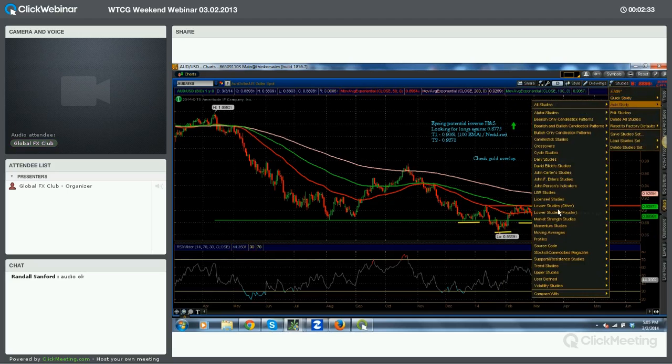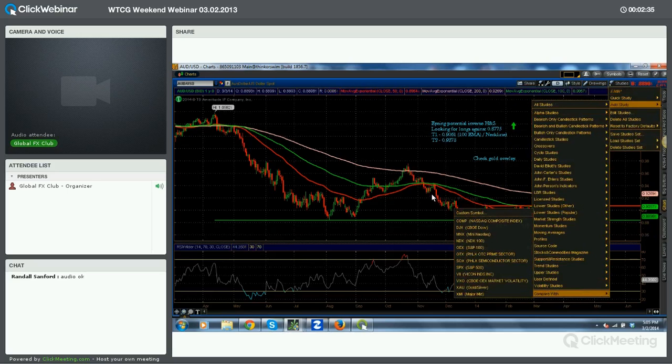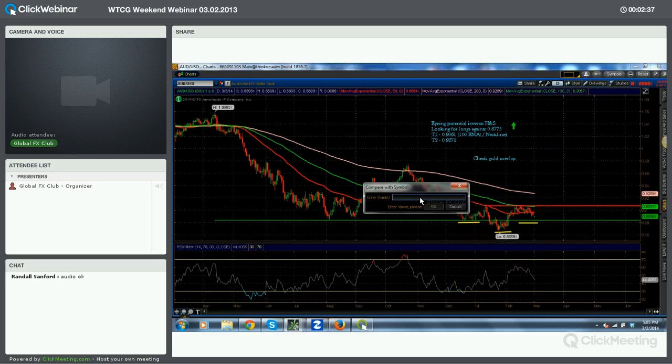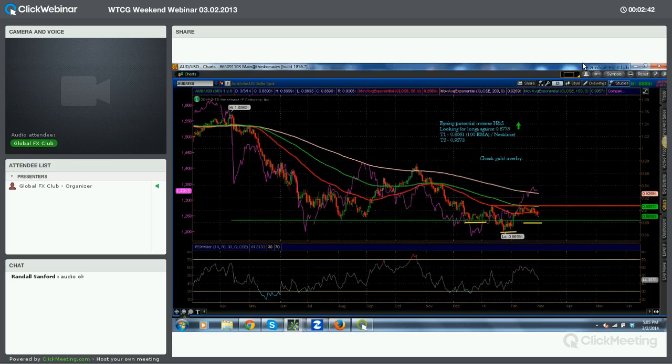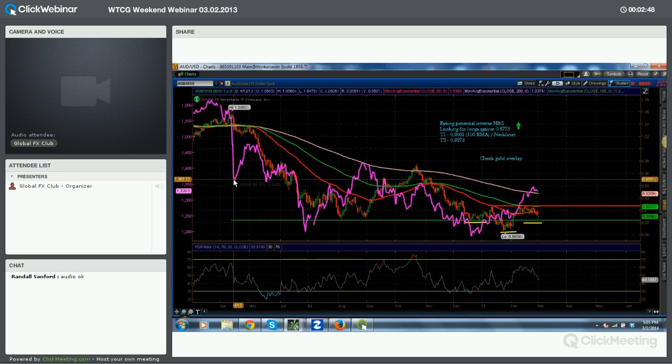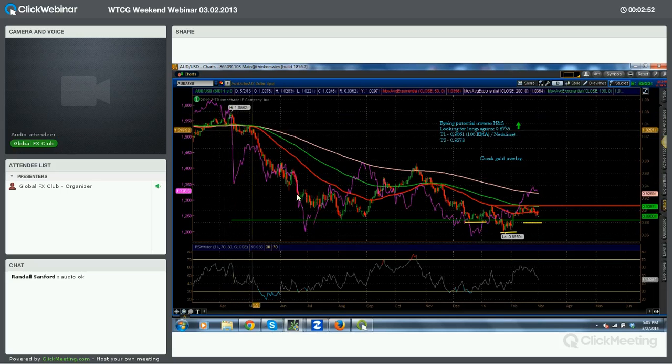I am not the only person who's been talking about this, but it is worth noting. This is gold in purple overlaid with Aussie dollar. You can see gold tends to lead a little bit. We saw gold collapse here back on the 12th of April of last year on the daily chart. A little bit later we saw Aussie follow it. Again, we saw gold rally. A little bit later we saw Aussie follow it. Saw gold start to decline, and then we saw